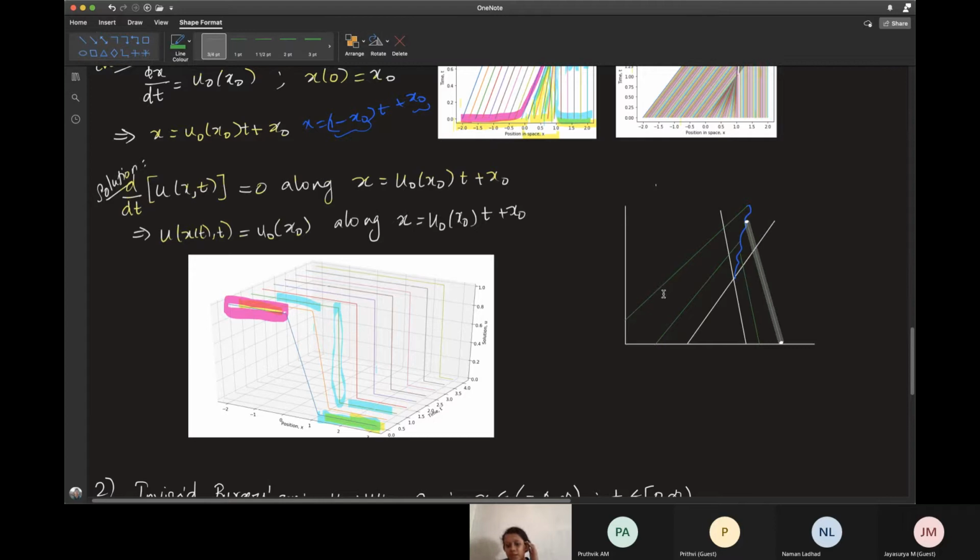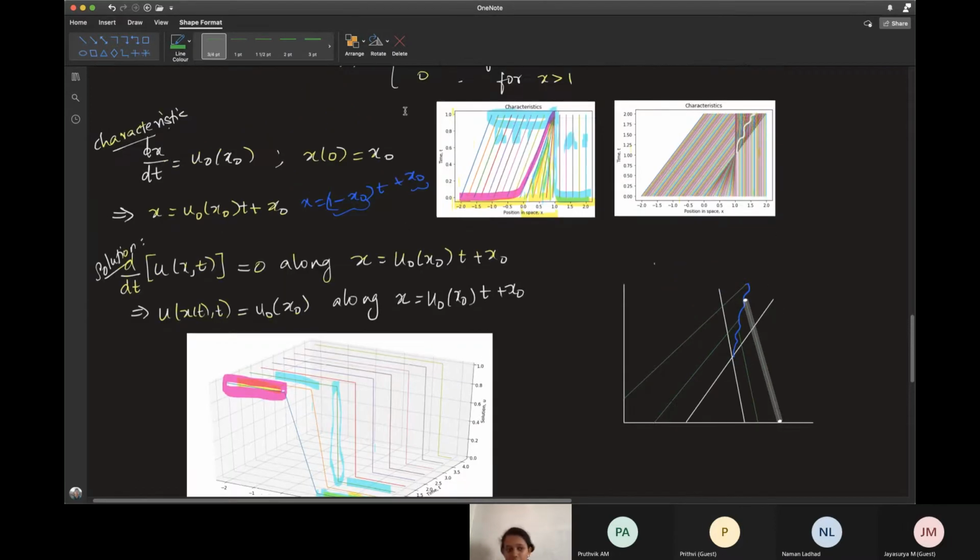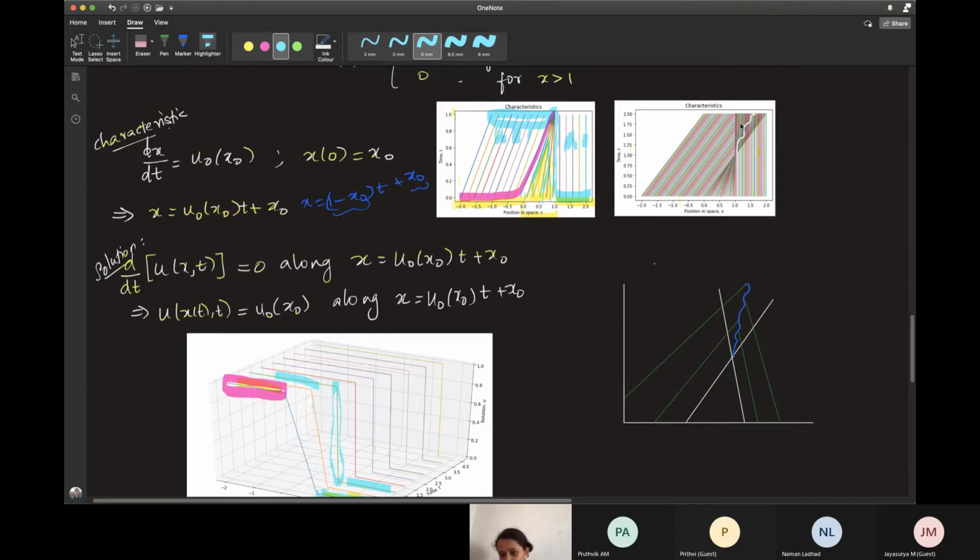So to the left side of the characteristics, the solution, anyways, you are having so many characteristic curves passing through, right? So to the left side of the new characteristic curve that you have drawn, the solutions will follow this pattern. I mean, you'll have this kind of characteristic. The characteristics will have the same slope that is on the left side.